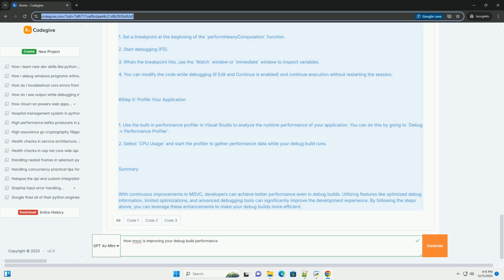Step 3, configure project settings. 1. Set configuration to debug. Go to Build, Configuration Manager and ensure the active solution configuration is set to debug. 2. Enable limited optimizations. Right-click on the project in Solution Explorer and select Properties. Navigate to